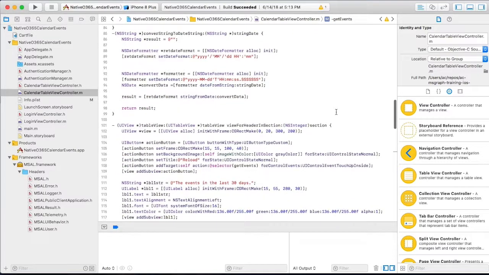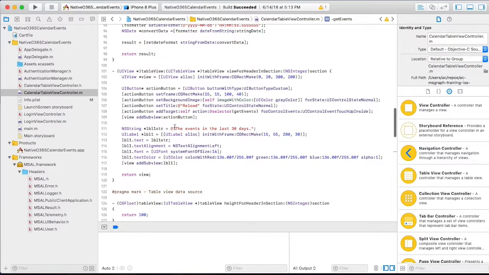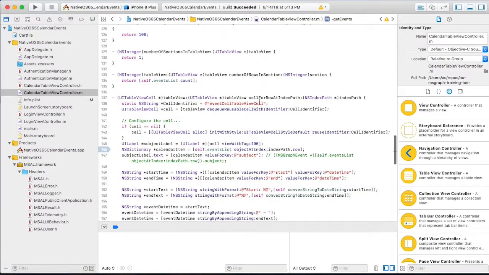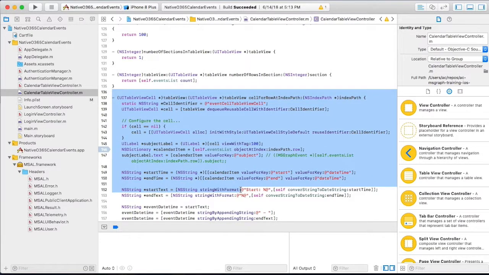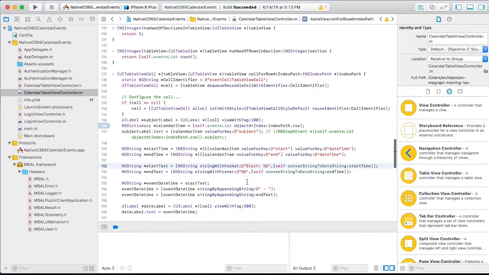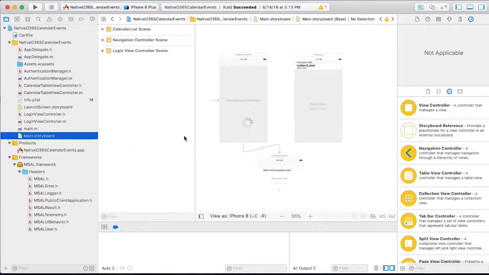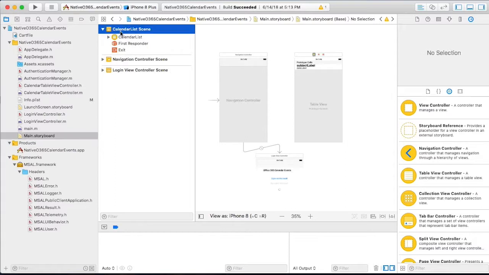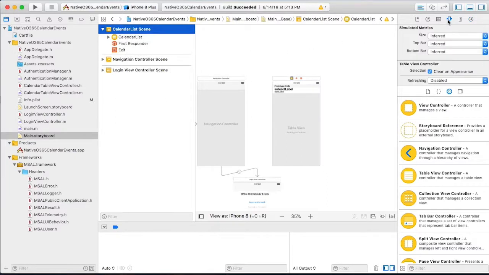There's some other stuff a little farther down in the view that's going to understand, when the cells get rendered out, how to render out all the cells by getting the data back and setting things to different values. So we'll see how this works in just a moment. I'm going to go back over here to my storyboard, and if I come over to the calendar scene that we've created,